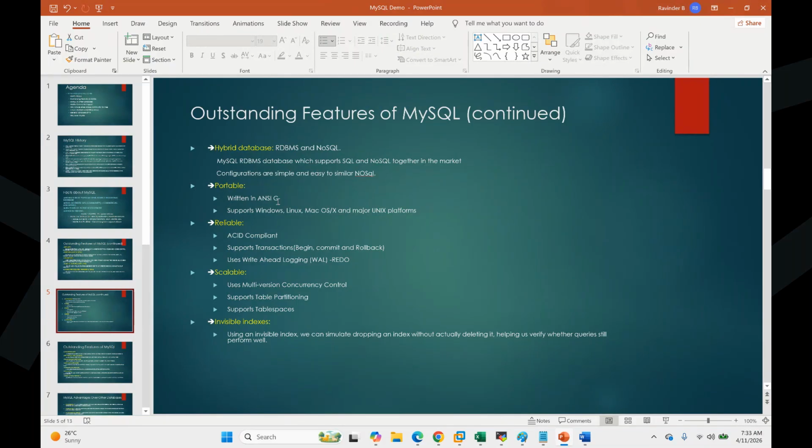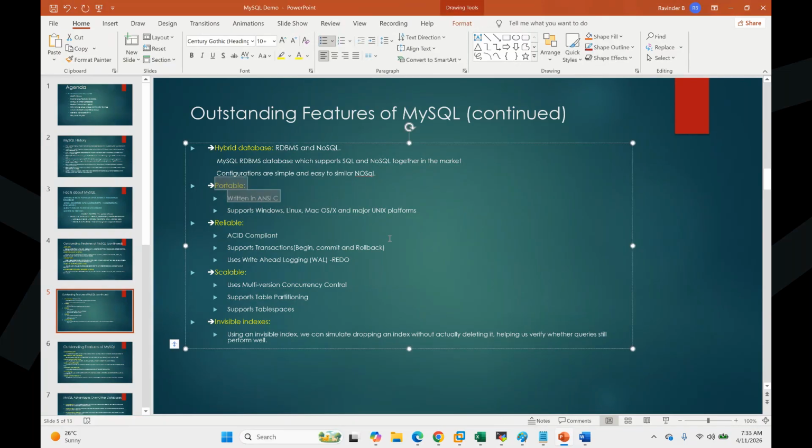It is ANSI compliant. What does ANSI compliant mean? The MySQL data can be migrated to Postgres, Oracle, Microsoft SQL, any product. You can convert the data from MySQL to another product, and another product to MySQL. So if you are able to migrate the data from one product to another, then you are ANSI compliant. If your product is not ANSI compliant, you cannot certify that product as RDBMS. In fact, all RDBMS family data products should exchange data between them.